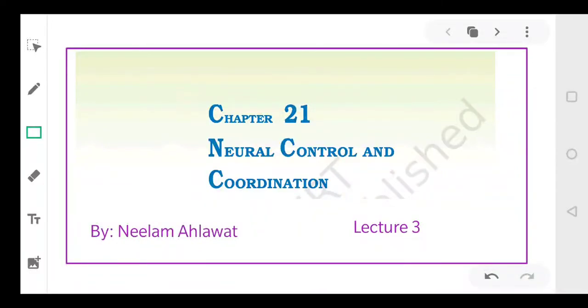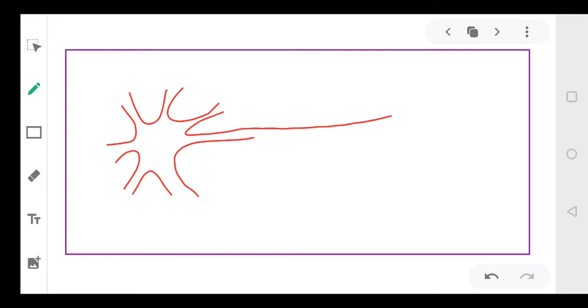In the last module, dear students, we were talking about the transmission of electrical impulse. That is, how does information travel from one neuron to another. And so far we have covered that the neuron basically is made up of three parts. Okay, we know neuron basically is made up of three parts, right everyone? And these three parts, if we talk about,